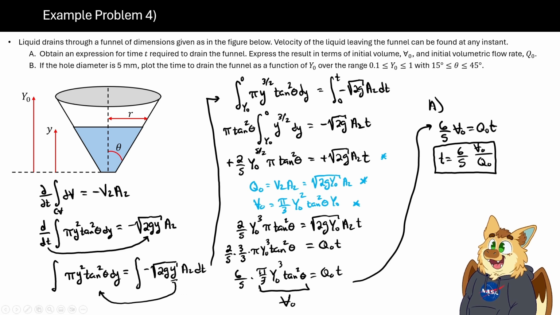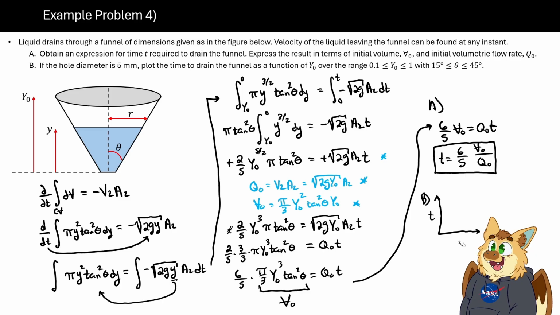Now, part B, let's just reassess. If the hole diameter is 5 millimeters, plot the time to drain the funnel as a function of y naught over the range from 0.1 to 1 with 15-degree to 45-degree theta range. So, in our original relationship here, we have y naught and we have theta. If you were to do this on a test or an exam or even a homework, you would just plot it out. It's asking to plot the time to drain the funnel as a function of, so time would be on this axis here, and then maybe you would have